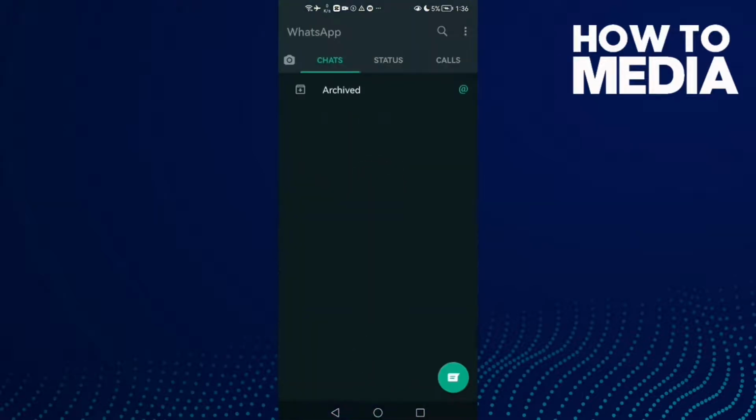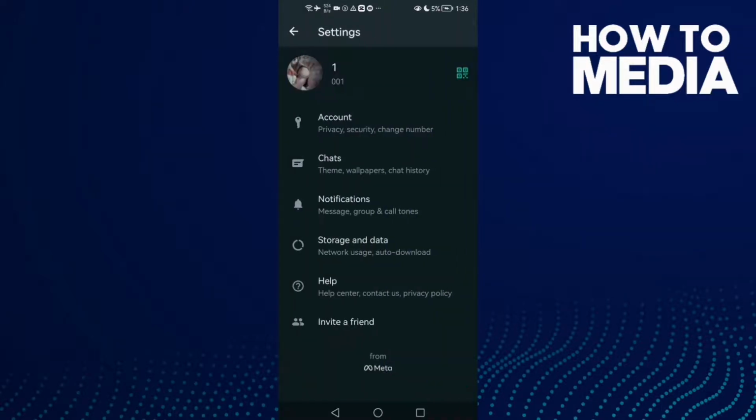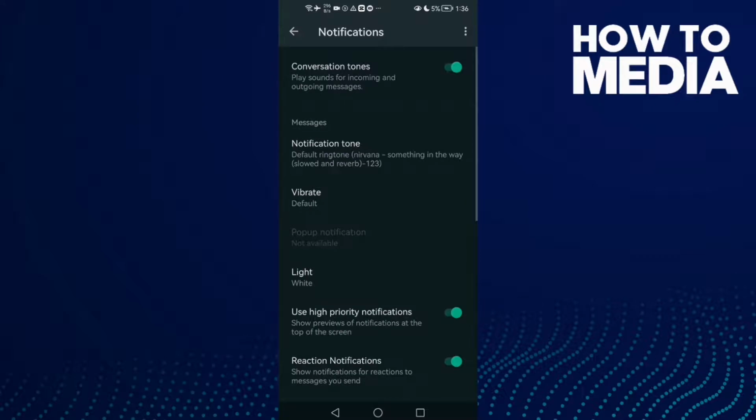First thing, go to WhatsApp. Here you will find these 3 points in the top corner. Click on it and then just click settings, and here you will find notifications. Click on it, and then here you will find it. If you want to turn it off, all you need to do is just click on it, one click,